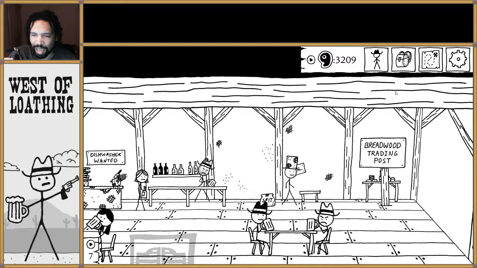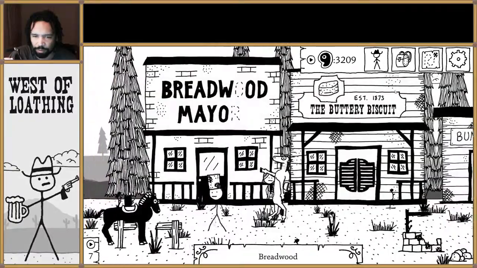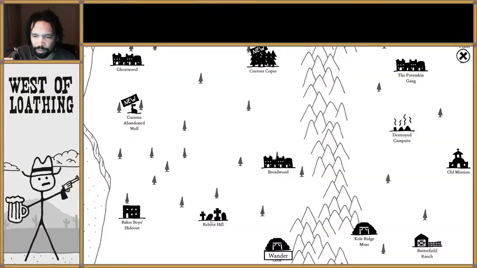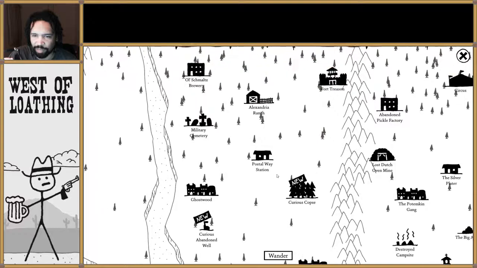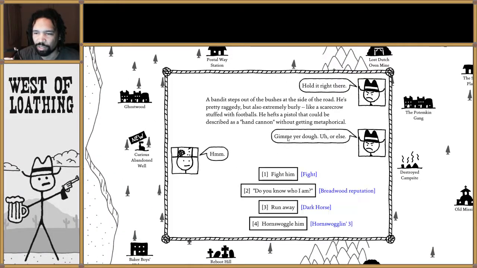I need a tap. That's right. Don't know where one would get that. Maybe we will just mosey along. No, let's...